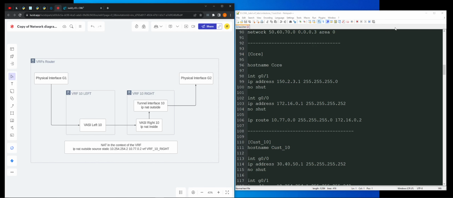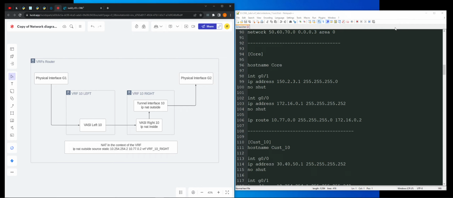The topic of the video today is a use case for VASI interfaces and associated VRFs where we can completely isolate traffic for various customers over an IKEv2 route-based VPN tunnel. The idea is I want to be able to assign NAT IP space for various customers and be able to have VPN tunnels with customers that have the exact